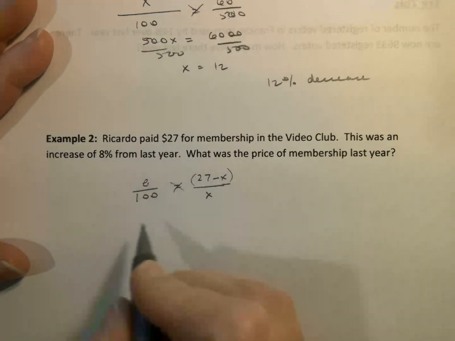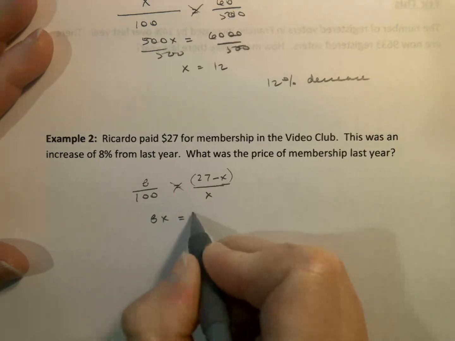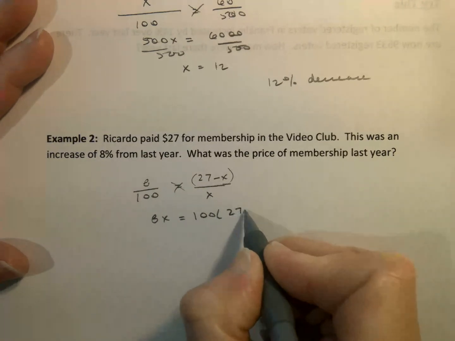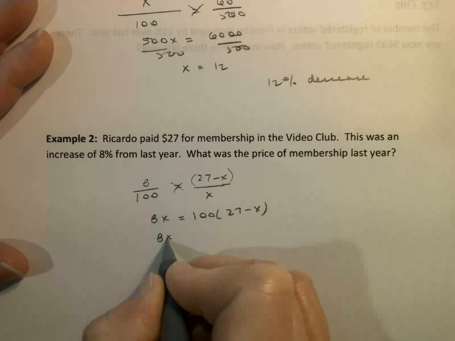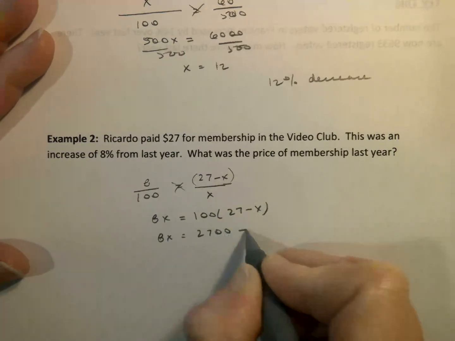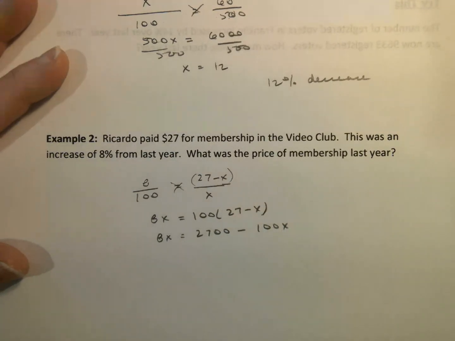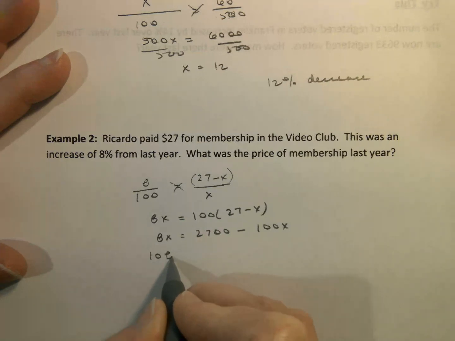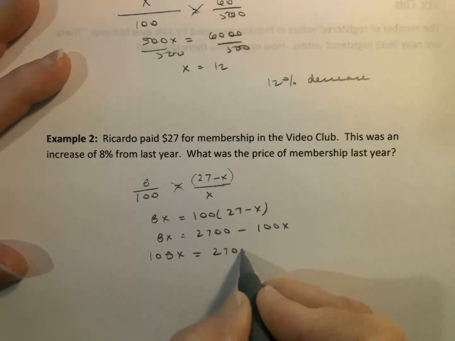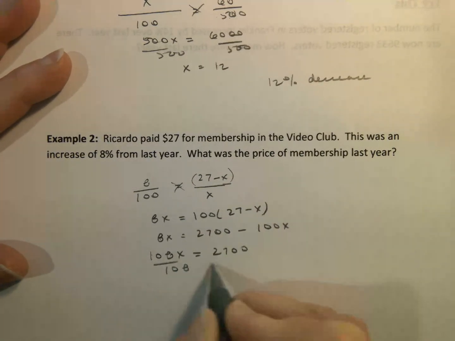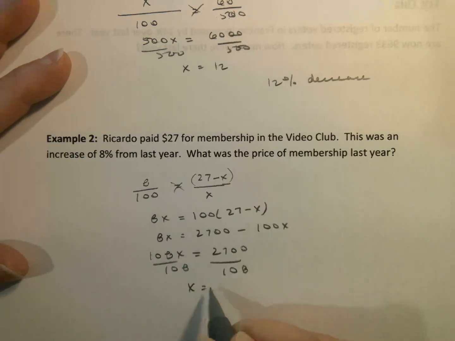So this one we're going to do our cross products. We'll have 8X equals 100 times 27 minus X. So 8X equals 2700 minus 100X. If I add 100X to both sides, I get 108X equals 2700. Divide both sides by 108, and X is equal to